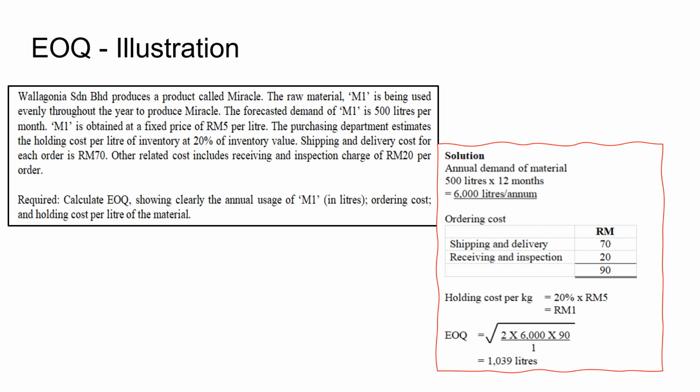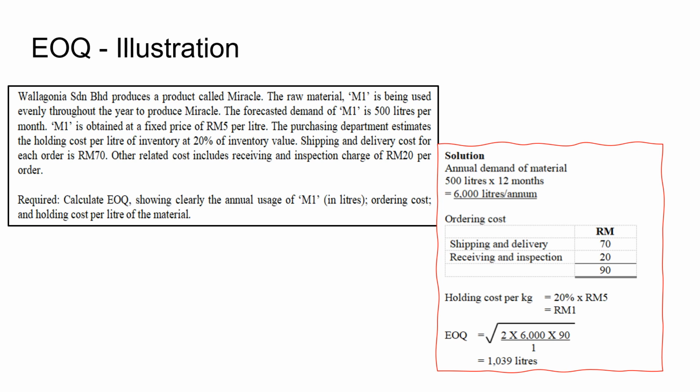It is mentioned here that the price per liter is 5 ringgit. Therefore, the holding cost per liter will be 20% times 5 ringgit. The answer is 1 ringgit, meaning to say that the cost of storing the material is 1 ringgit per liter. Okay, now after having all the important information, you can calculate the EOQ for M1. So at the end, we can find out that the optimum quantity to be ordered is